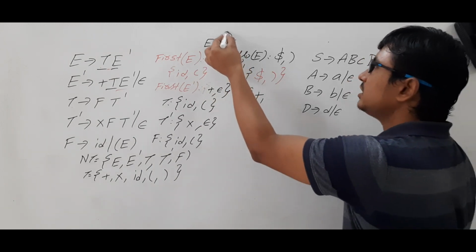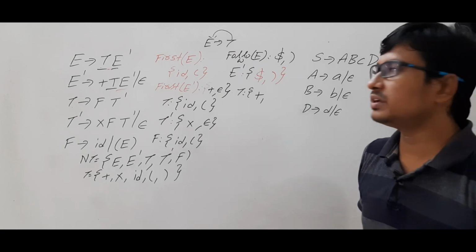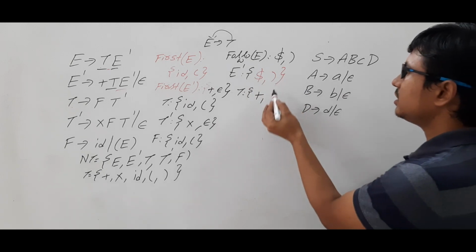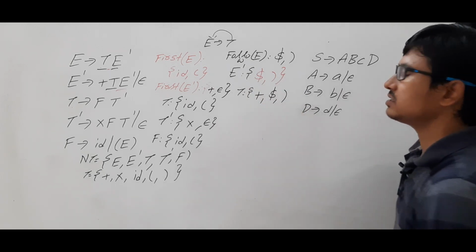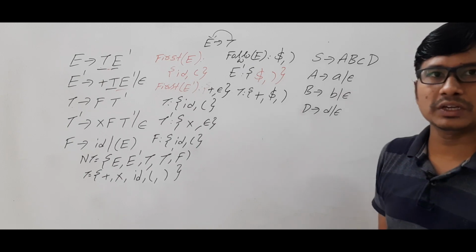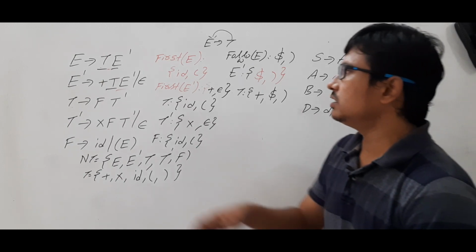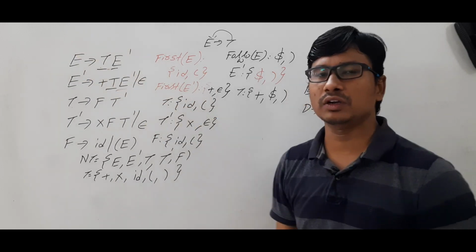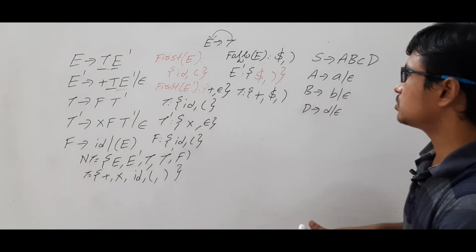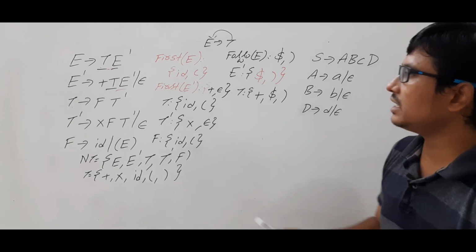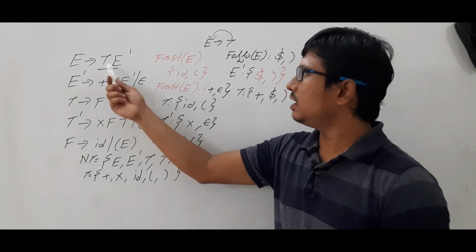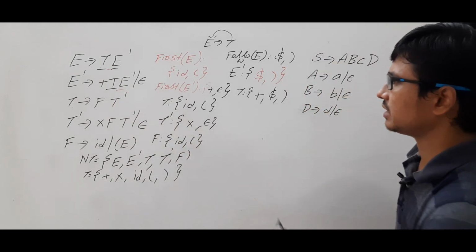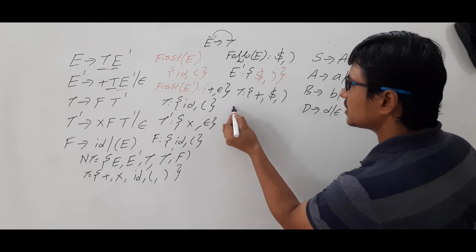Now follow of T is equal to follow of E. So follow of T is equal to follow of E. Already I got the follow of E as dollar and close braces. I hope you are following with me. Is it clear? As first of E dash consists of epsilon, follow of T is equal to follow of E also. So this is the thing we got, and anywhere here also T is there, which is the same. After T, E dash is coming. Okay, is it clear? Are you able to understand now what it is?